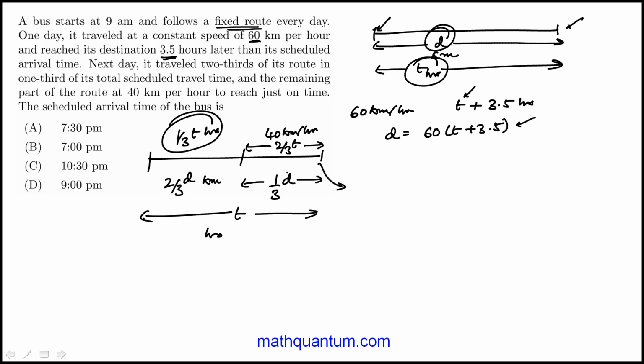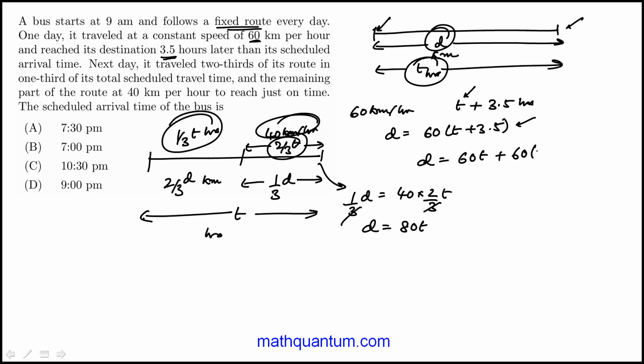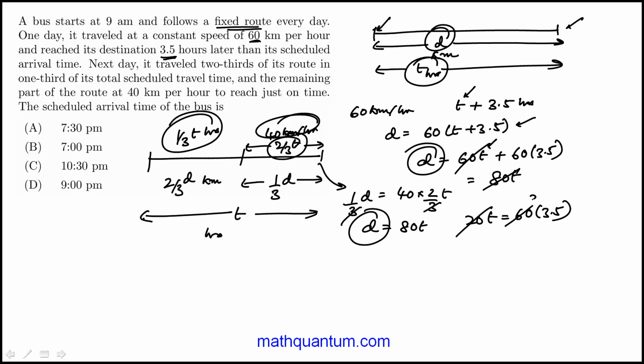So the condition here would be distance would be rate times time. So that's our second equation. And you'll see the 3 drops out. I get D is 80T. Here, if I distribute, I get that equation. I'm interested in T, so I equate these two because they're both D. Subtract the 60T, so I'll get 20T is 60 times 3.5, divided by 20, and then 3 times 3.5 is